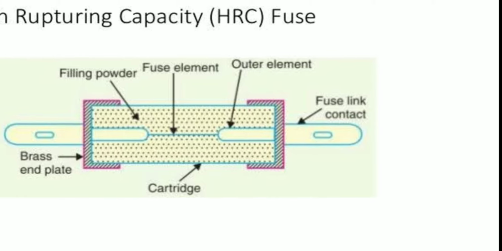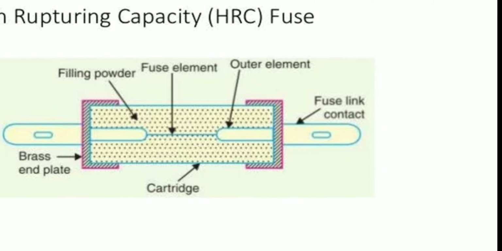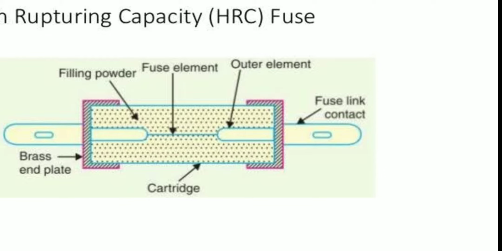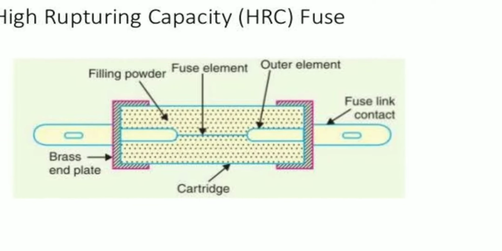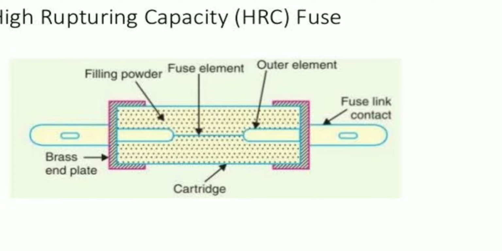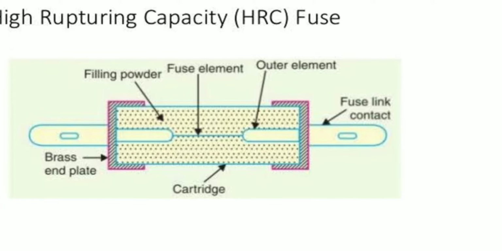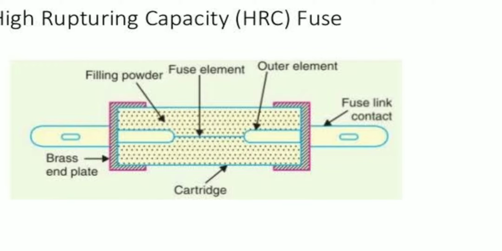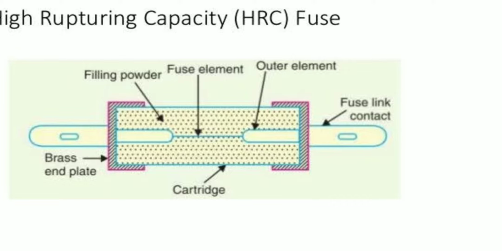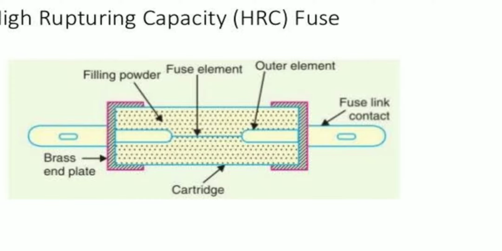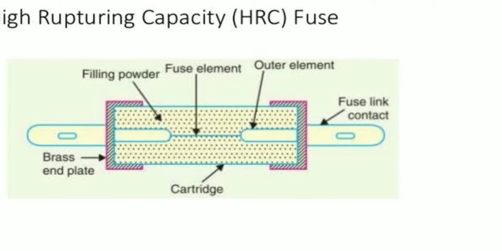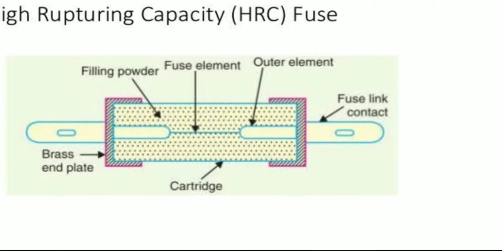So next thing, see here. This kind of cartridge type fuse is used to protect motors as well as branch circuits where higher ampere as well as voltage ratings are required. Where do we use this kind of HRC fuse? Just for protection purposes, we use this HRC fuse in motors. Getting my point? Okay, let me start with the construction as well as the working of this one.